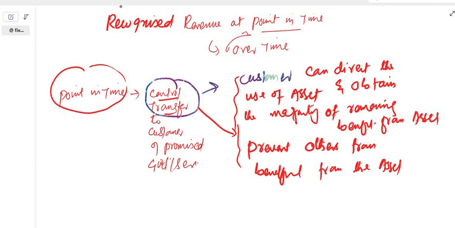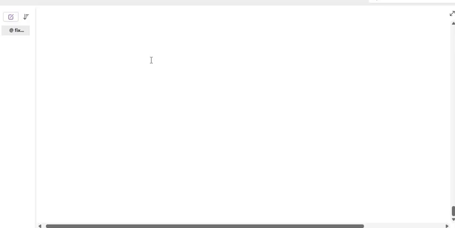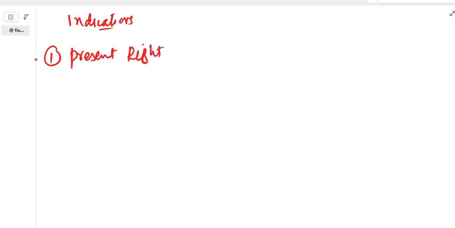Okay, there are some other indicators that you will also consider. The first one is present right to payment. If you have the right to payment, this means that control is transferred,